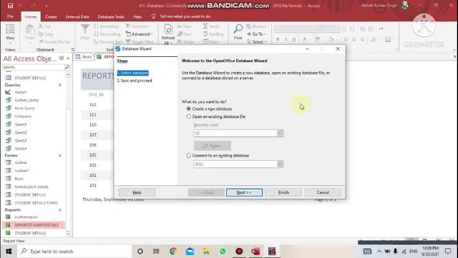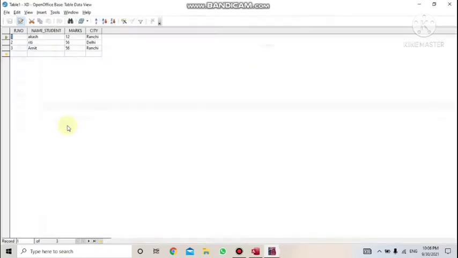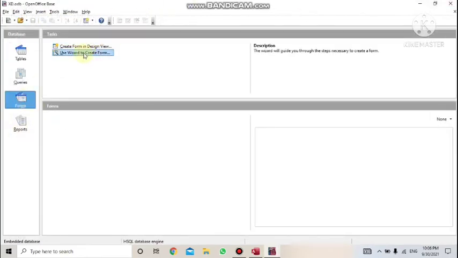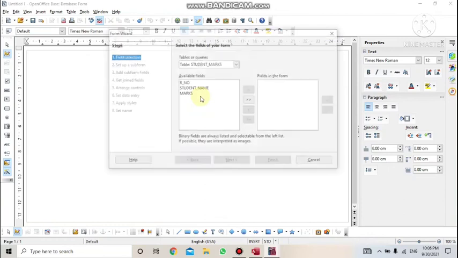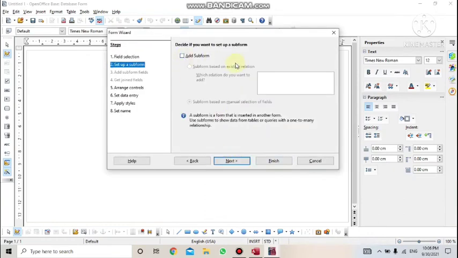Let it open. Yeah, we have an existing table 10D. Finish it. It will open. If you have some data, suppose if you have a table, like in table 1, we have some data. So click on forms, choose form wizard, and again the step-by-step help will be provided. Keep on selecting it. Here preview also will be shown. Which table or query? Select all the fields, click on next. The grouping level was asked, here subform, I don't want, click on next.